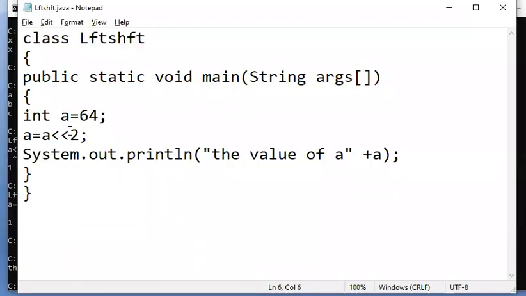Same thing with the division: if you divide by 2 you will get 32, then again if you divide, 16. So possibly we'll get the answer as 16. Okay, let me check.